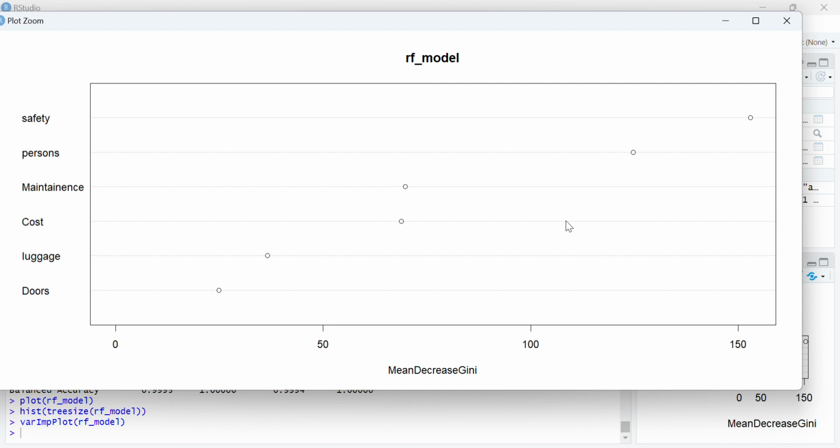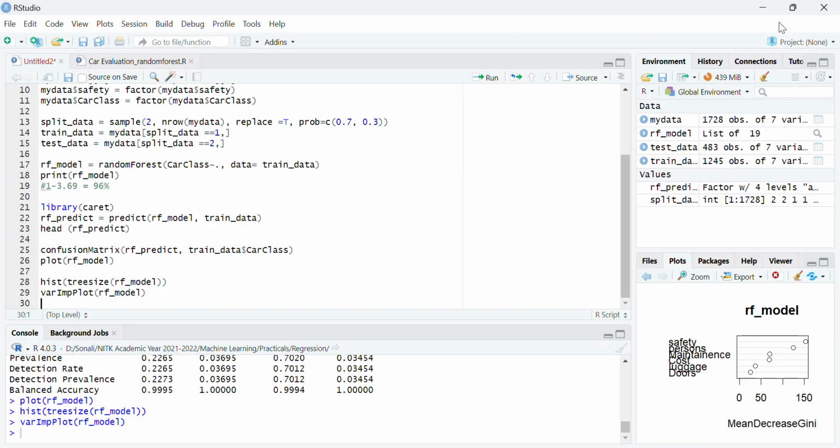So it can have mixed values. So you can see here that persons and safety are the most important features. See, 150 here. They are extremely important. And who are the least important? The least important are the number of doors and number of luggage. They are not so important. Cost and maintenance are okay, important, fine, but the persons and the safety, those are the two major things which we always try to find out when we are buying a car.